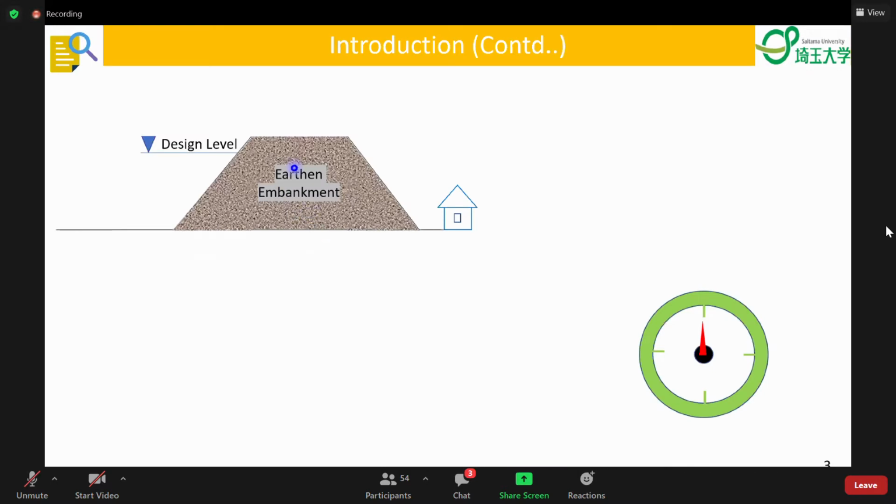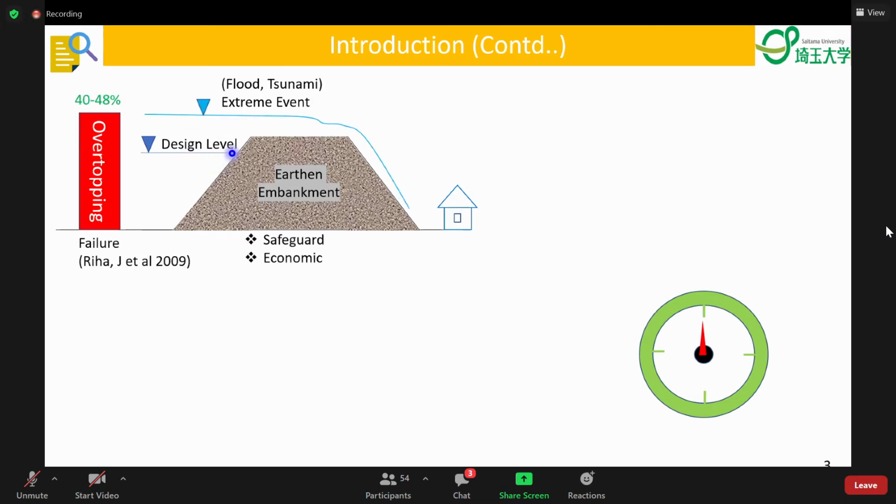As we know, earthen embankment is considered to be the most economic and effective means to withstand natural disaster. This earthen embankment is designed for a certain design level. But due to extreme events like flood or tsunami, the embankment overtops. It is found that 40 to 48% of reported cases of embankment failure are due to overtopping. And as overtopping is not considered in the design of earthen embankment, when overtopping takes place, complete breaching